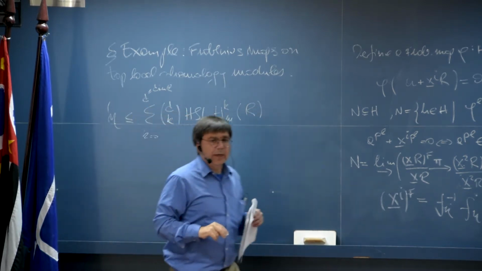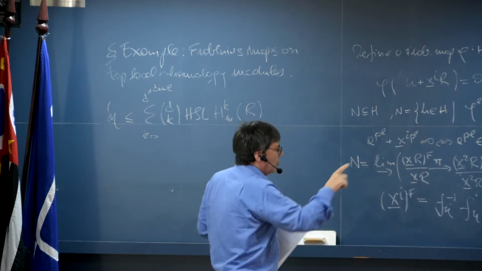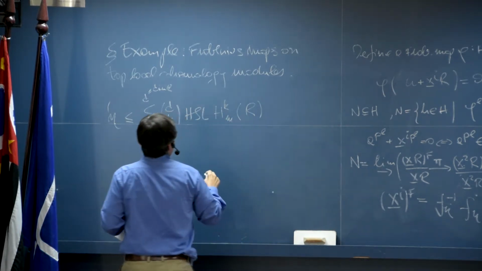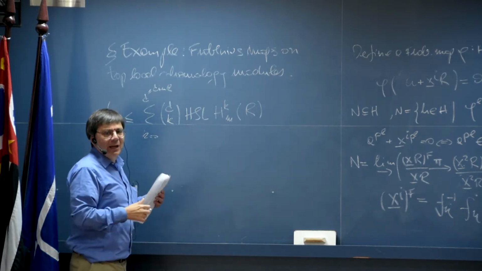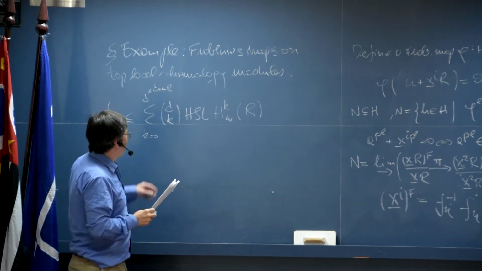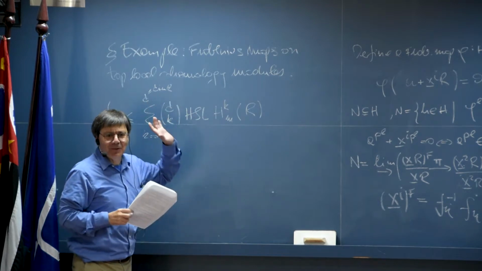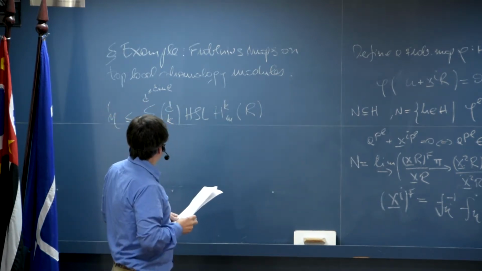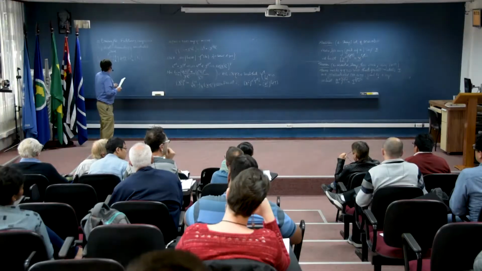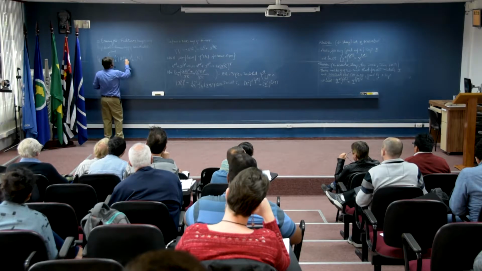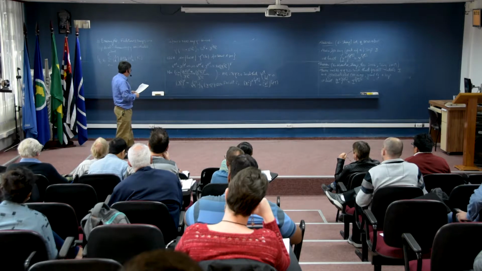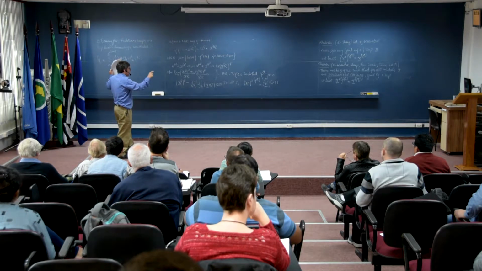our generalized Cohen-Macaulay ring R. So I have to tell you what I mean by generalized Cohen-Macaulay rings. I'm going to have to tell you what I mean by local cohomology modules, and I'm going to have to tell you what I mean by HSL numbers of local cohomology modules. Sorry? The HSL number. Okay, so let me try to explain what these different things mean,